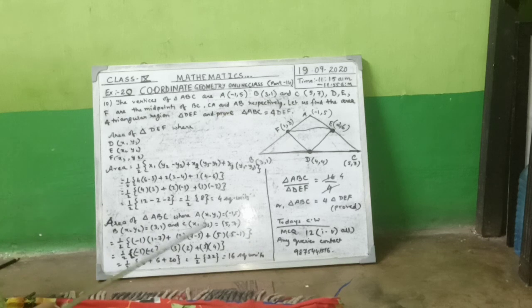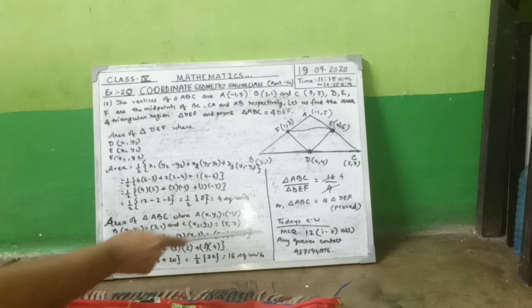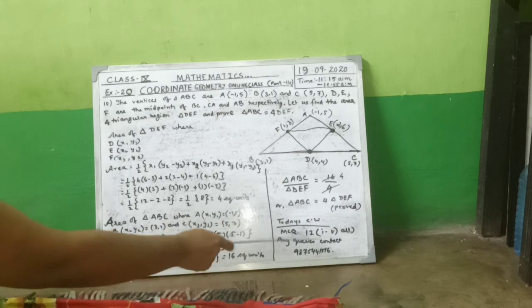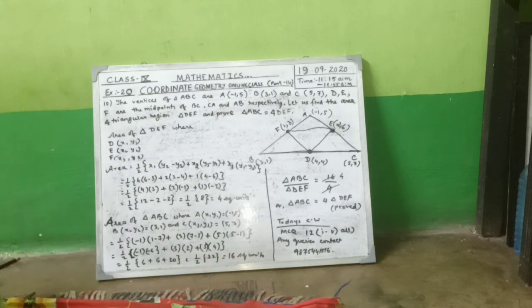Now today's classwork, you have completed all your coordinate geometry sums. Only the MCQ of this chapter 20 is left. That is short questions. You will have to try on your own, and there are 4 options. You will just write the correct answer, which will be uploaded in your next class. You search for the correct alternative. So your last sum, 12, 1 to 5 all.